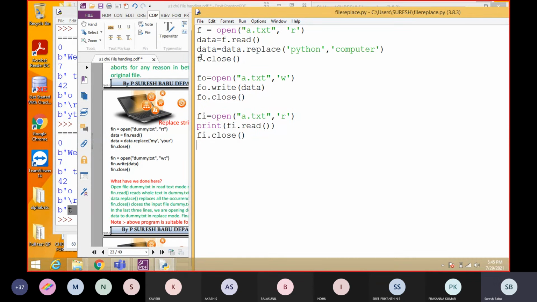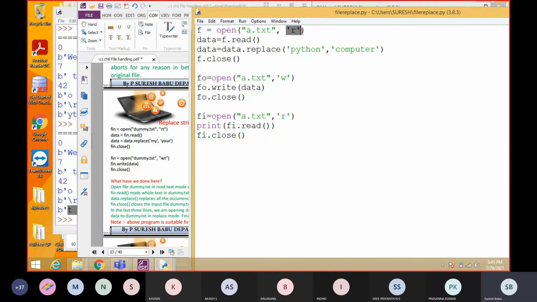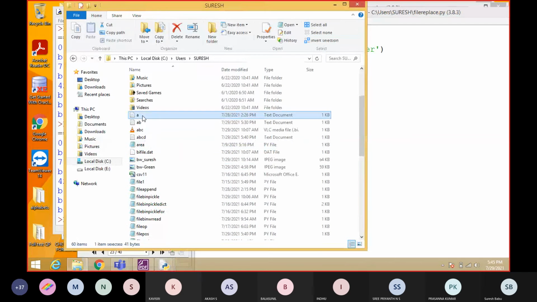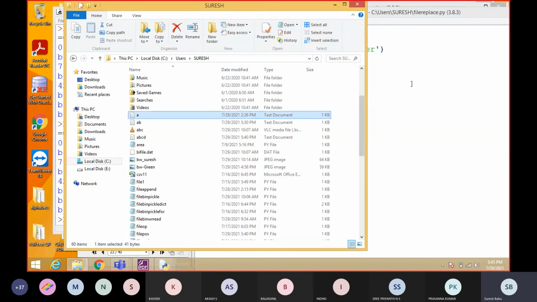Here what is happening? We are going to open the file a.txt in read mode and we are reading all the content. So actually what is present in the a file, students? I'm going to open and show you. The file already contains welcome to Python. Regularly visit Python. This is the content we are going to read.